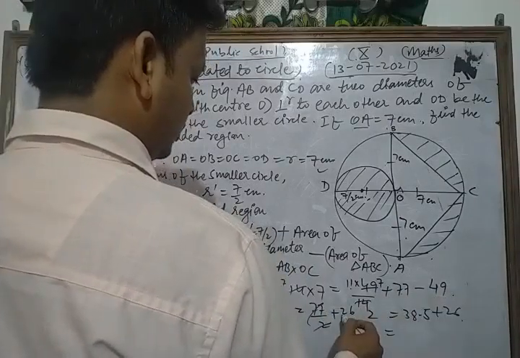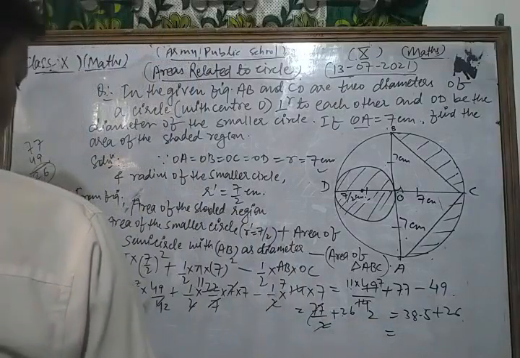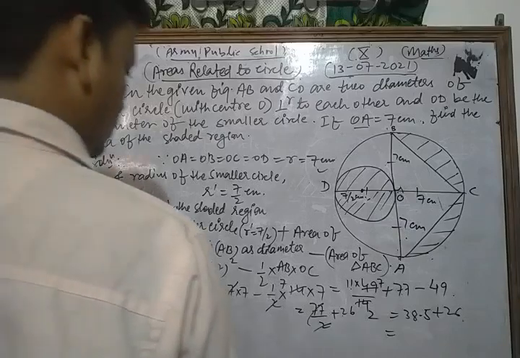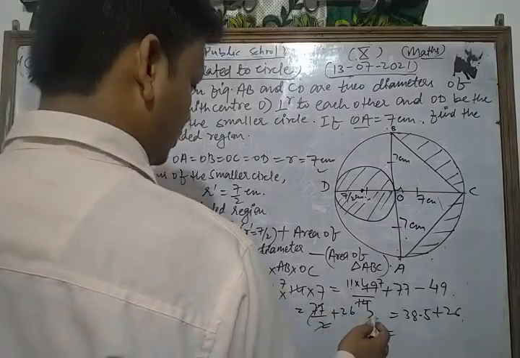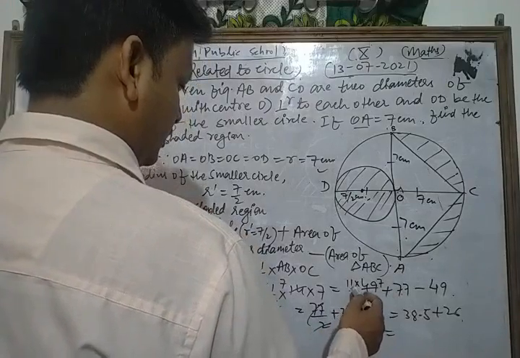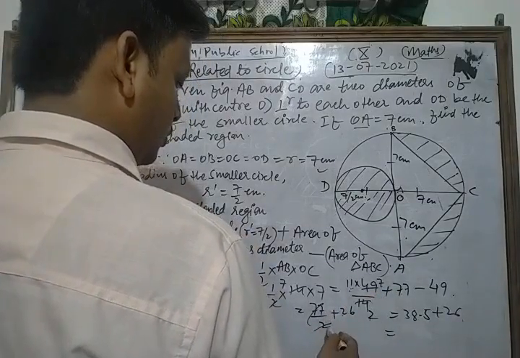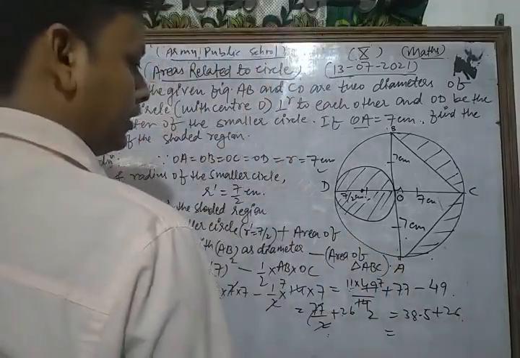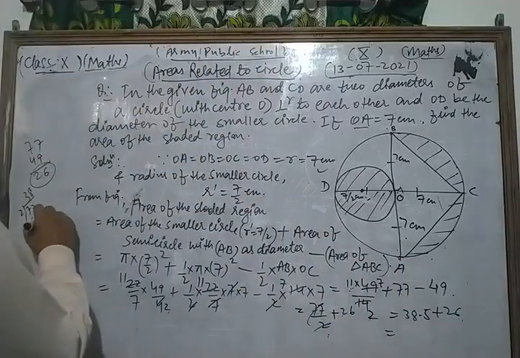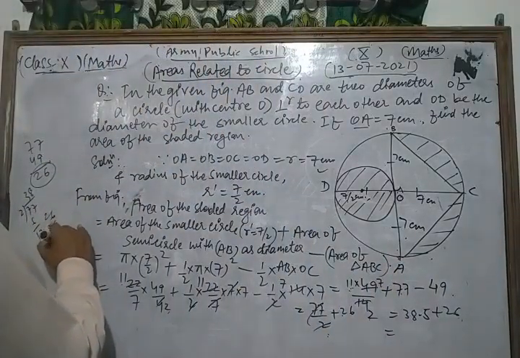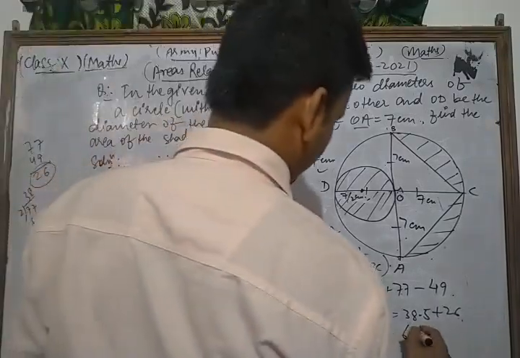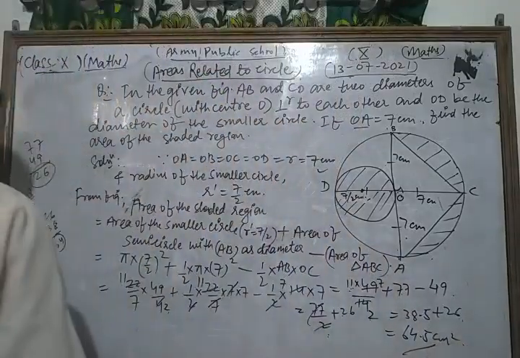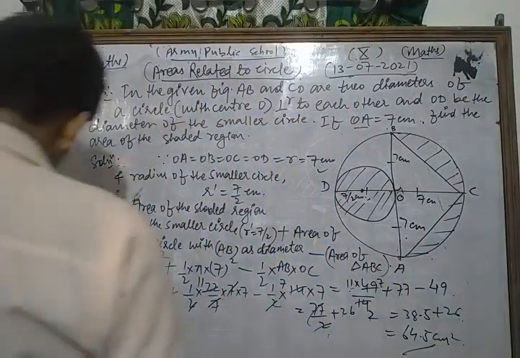Now here this is 11 7s, 77 upon 2. So we divided by 2, 38.5 and 26. Adding them, what do we get? 26 and 38, 64.5 centimeter square. This is the required